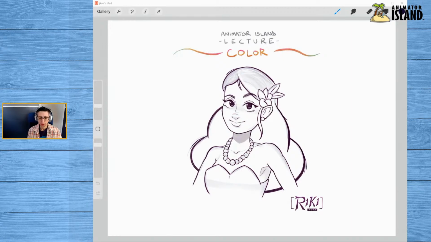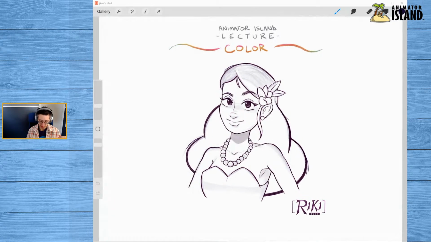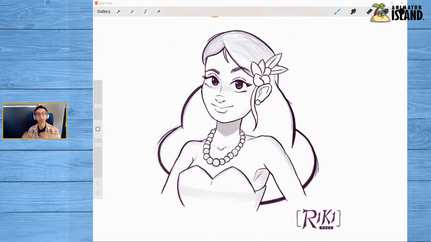Okay, so all that being said, what we're going to do right now is I have this character that I did over the past week or so. It's a couple hours in at this point. I did some roughs, just experimenting with some hairstyles and things. But I landed on this image with this kind of more final inked. It's not perfect. It's not maybe everything I want it to be, but that's okay. It's progress. It's me practicing. And so we're going to walk through what I would do when I wanted to color a piece like this.